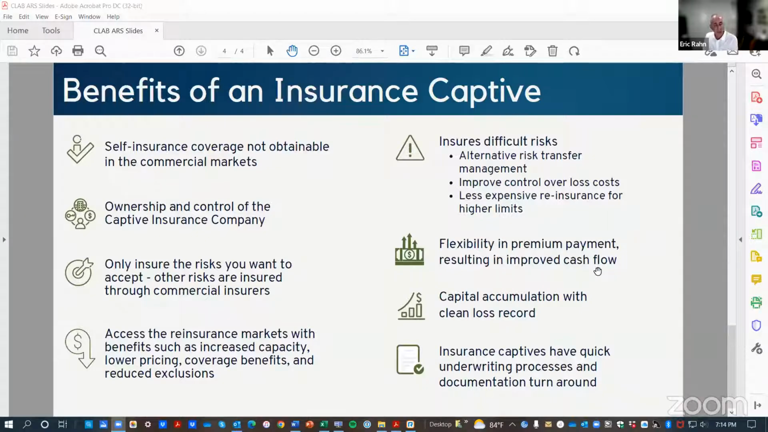There's flexibility in premium payments, resulting in improved cash flows, and capital accumulation with clean loss records. Insurance captives also have a quick underwriting process and document turnaround. So I know that was a lot of information really fast, but again, we're assuming this is an advanced class in captives. So in summary,